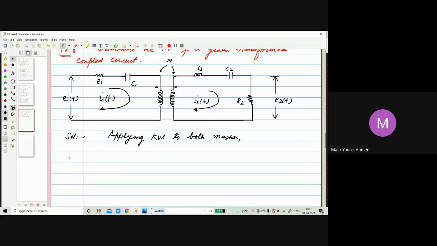Now start applying KVL. This voltage should be the sum of the voltages across these parameters. So E in of t will be equal to what? R1 I1 of t plus 1 by C1 integral I1 of t dt